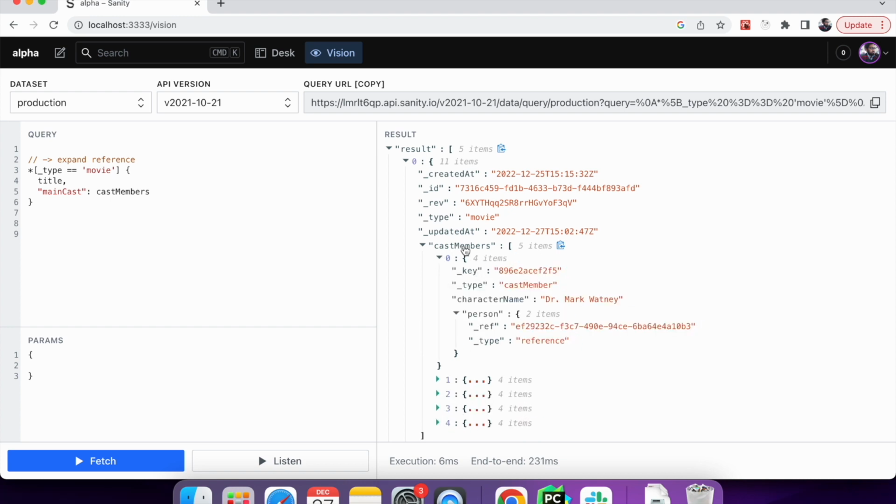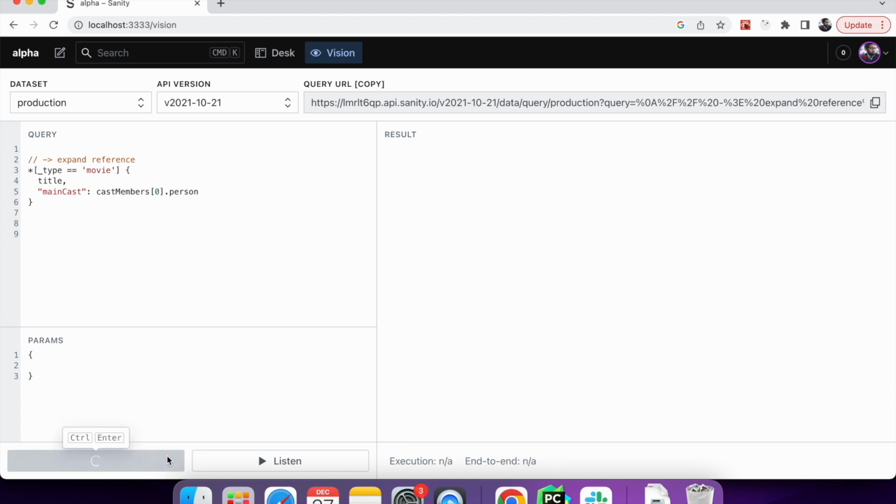Now because cast members is an array and we want the first item of this array, we'll say the 0th, or the first element of this array, cast members, and we want to expand the person property. So we'll say dot person. So till this point, if I run,